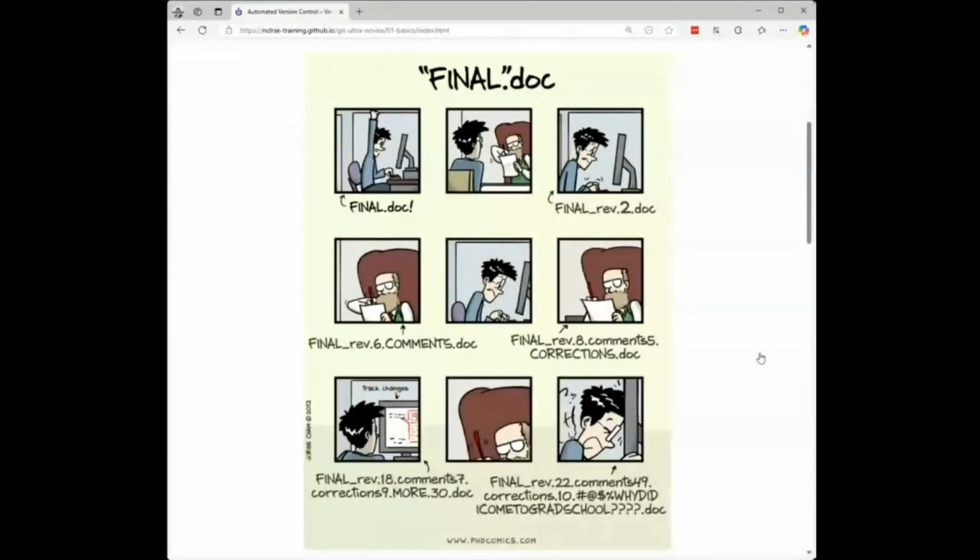With that situation, you have a document in Word, a doc file, and you have the final version, and then there are some comments. You get a final revision 2, then a final revision 6 comments, final revision 8 comments, 5 corrections. So at least here you are giving numbers. With the numbers, you know what is the latest version or not, but